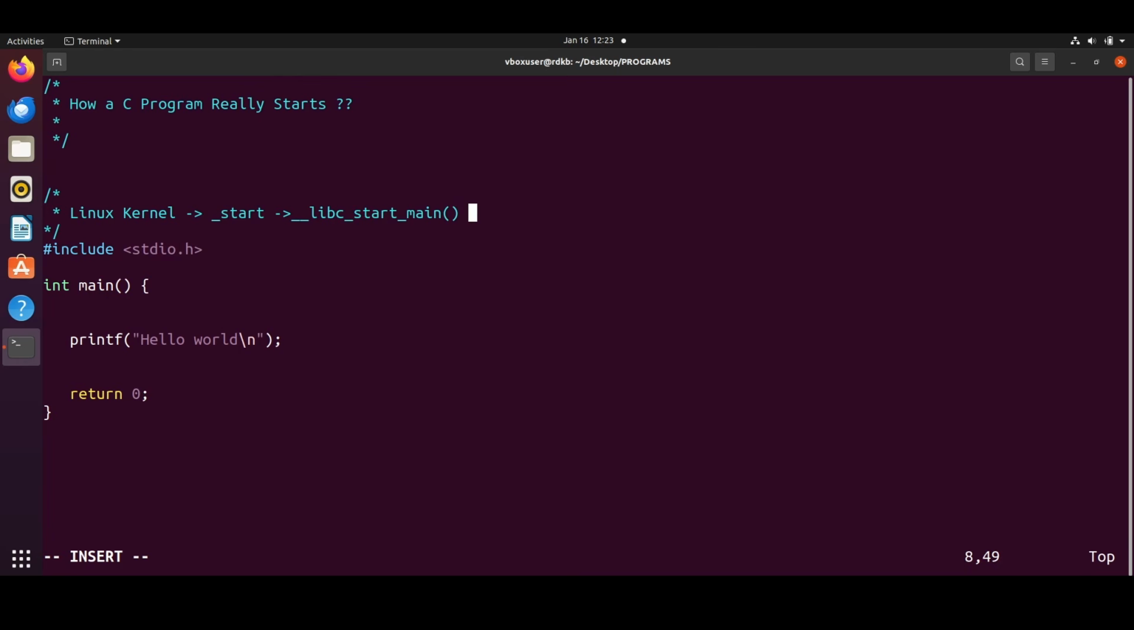Okay, that is provided by glibc or libc or embedded. And this libc start main will set up the stack, set up the environment variables, and also the global constructors, and then it will call your main, void main or int main, whatever you write in your program, and then it will call exit,